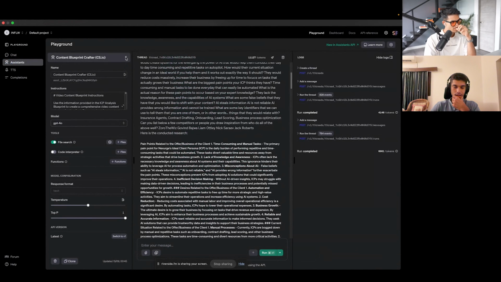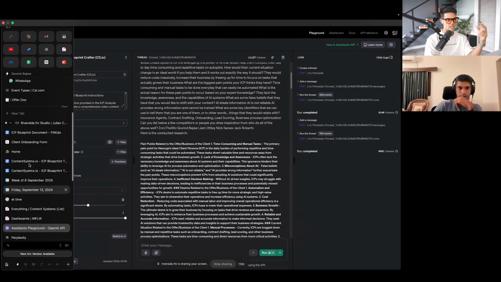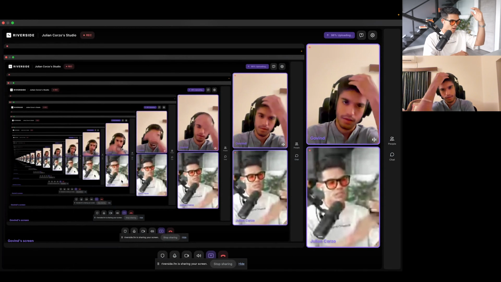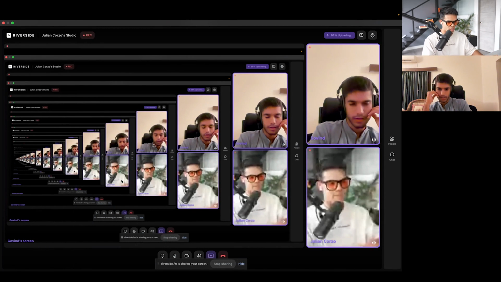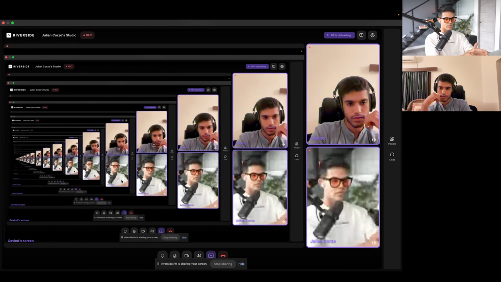To break this down, the information that we already had was the information that was needed. The problem was that GPT was just spitting out a whole bunch of text, and it wasn't very organized. So essentially what we're doing right now is structuring it to be a lot more organized